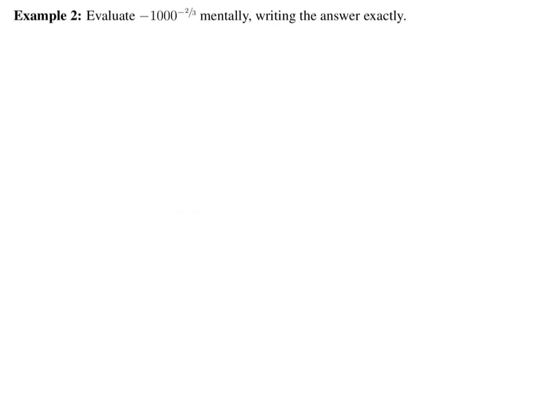Here we have the second example. We have negative 1,000 to the negative 2/3. Same basic idea. A couple key things here, little tricks that you likely caught on to already, but let's make sure we know. First of all, it's not really negative 1,000 to the negative 2/3. It's the opposite of 1,000 to the negative 2/3, which is why we have the parentheses around the 1,000 to the negative 2/3, leaving the negative out,